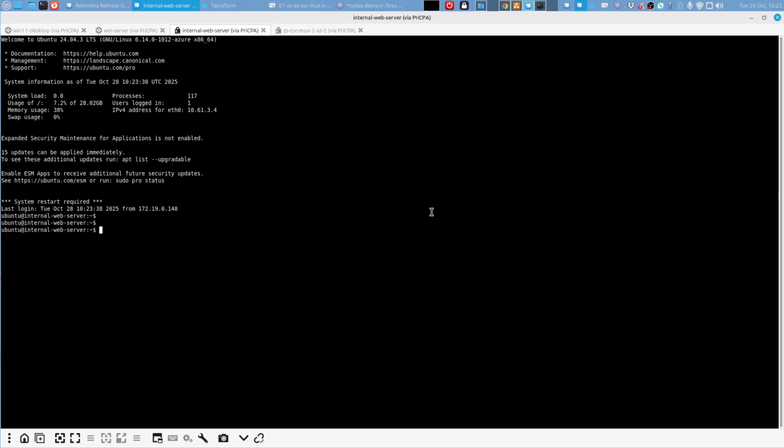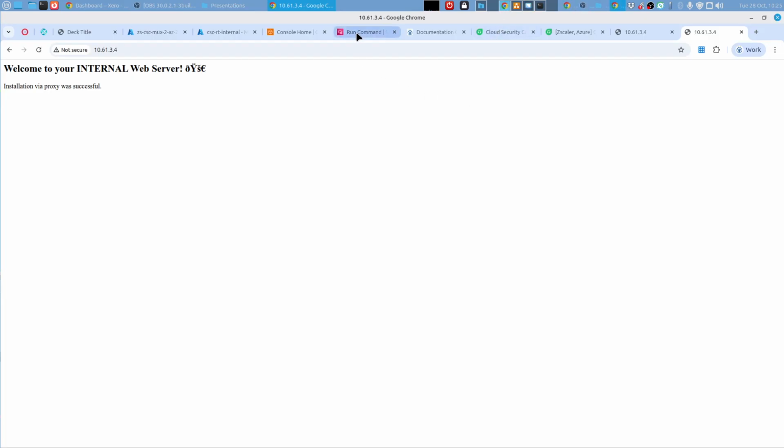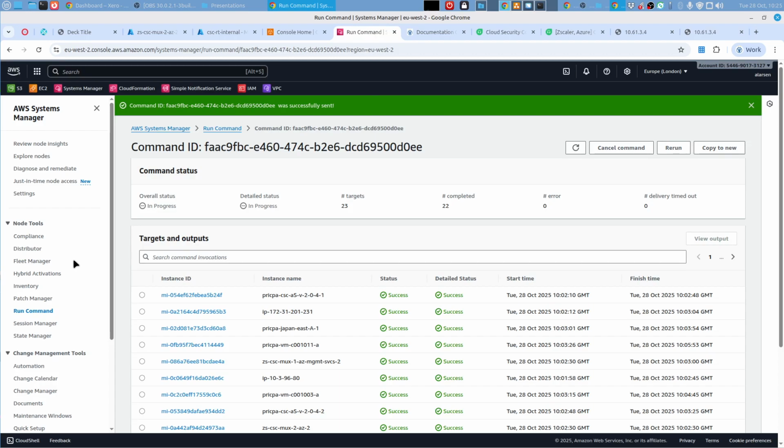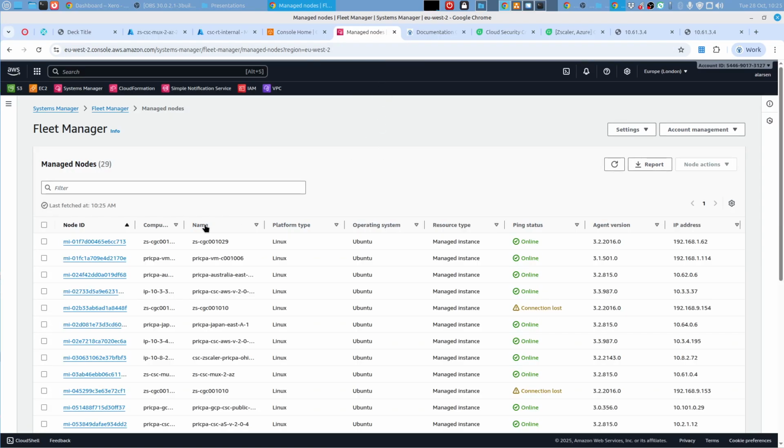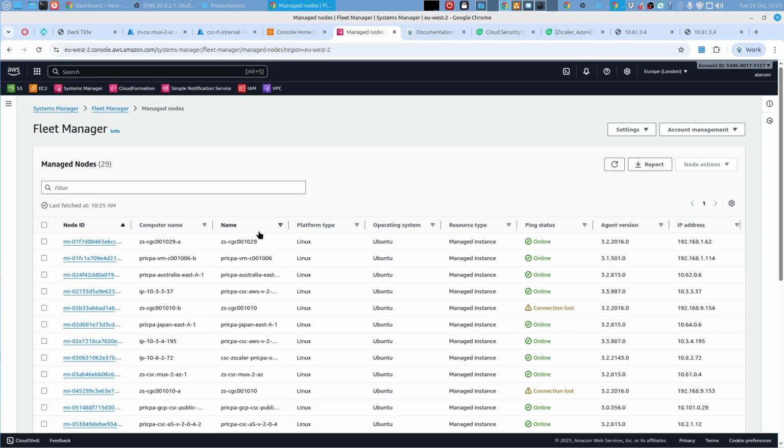Well, probably I did some mess with the management network here. Okay, let me take a look from the fleet manager. This is the beauty of the fleet manager, because I know why I can't access,